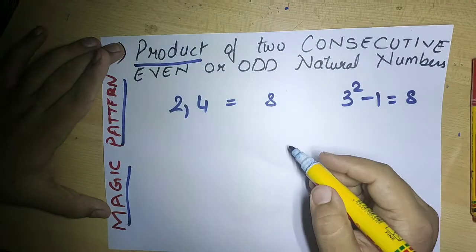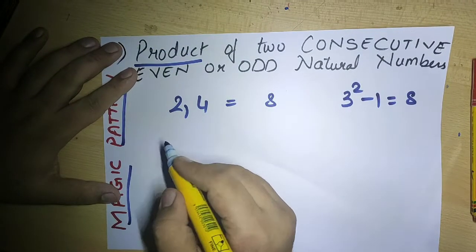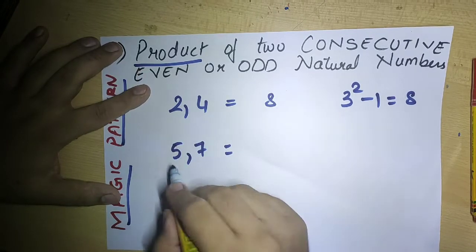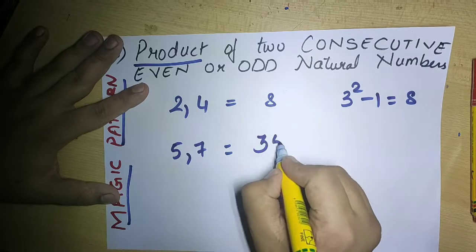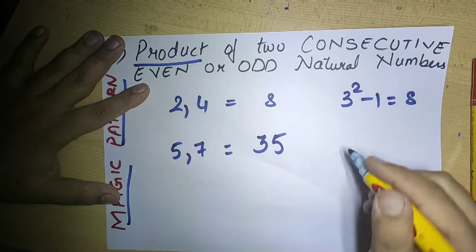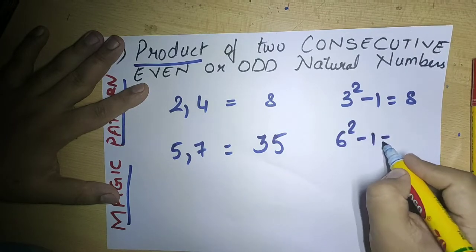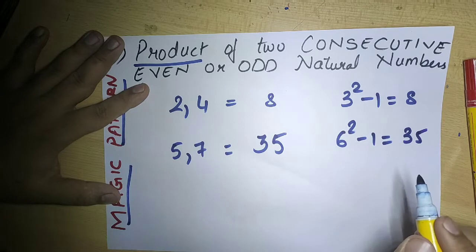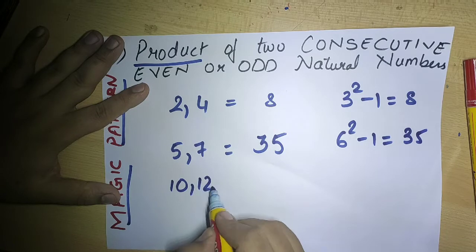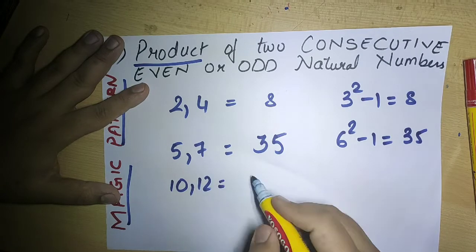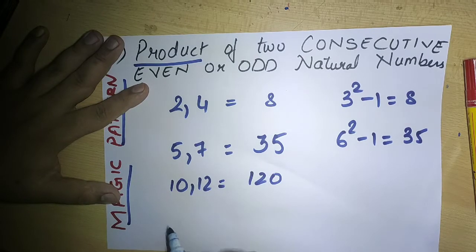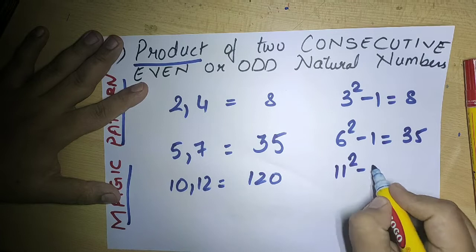Magic pattern. Just see, let us take another example, 5 and 7. Multiply both, 5 sevens are 35. What is in between these numbers? 6. 6 square minus 1, that is also 35. For example, let us take 10 and 12. Multiply these numbers, 120. What is in between them? 11. 11 square minus 1,